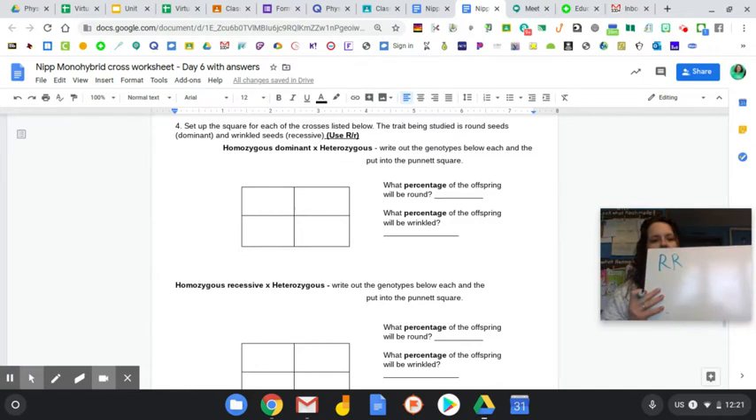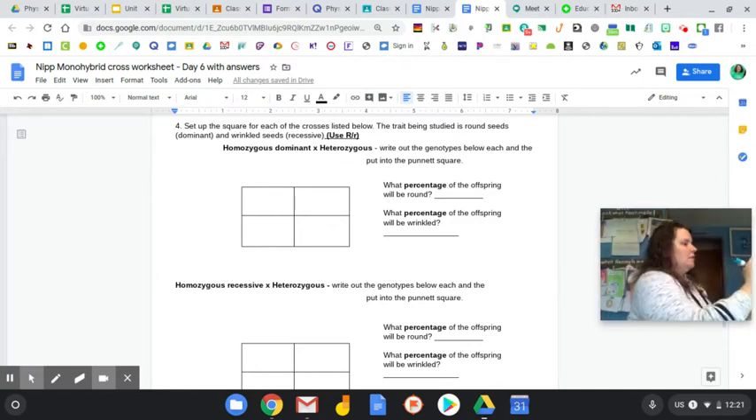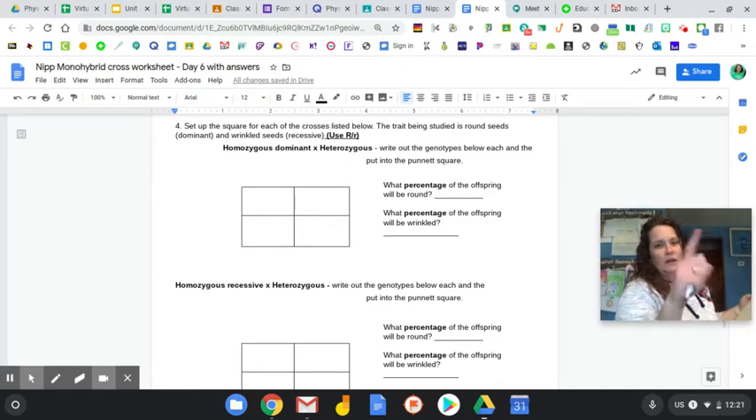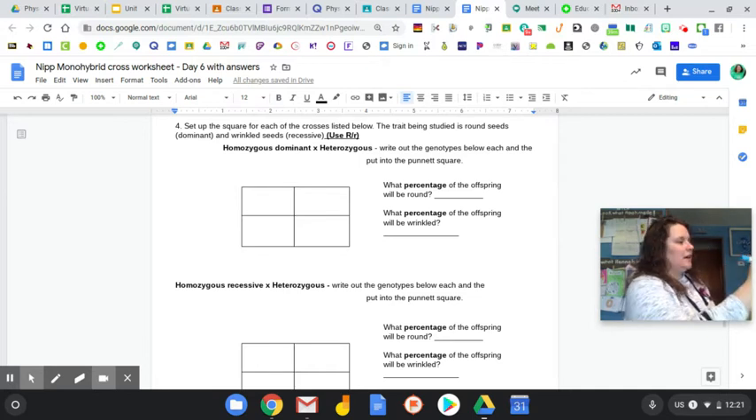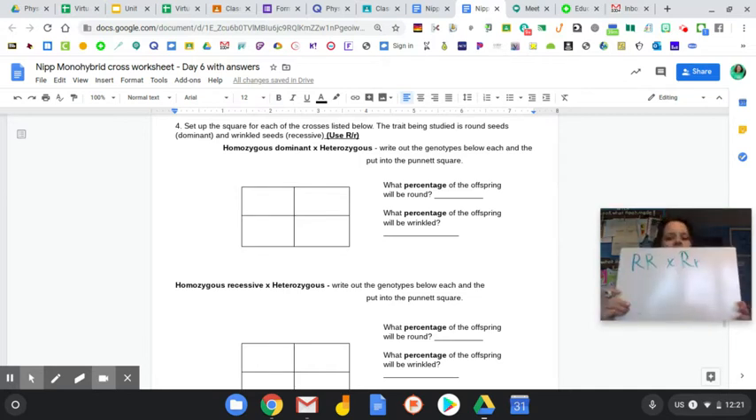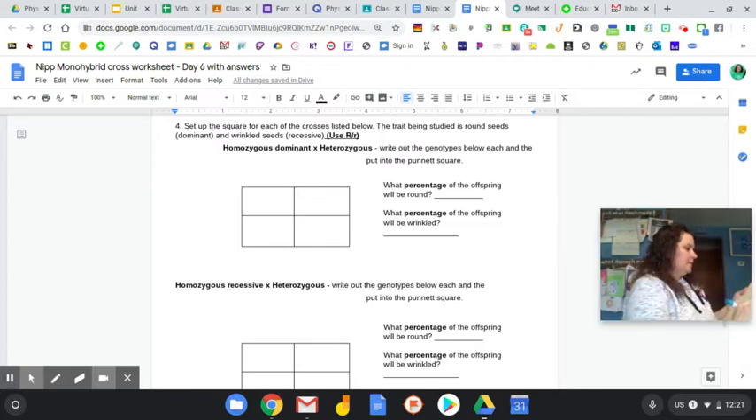So that would be a big R, bigger, and it's crossed with heterozygous. Remember, heterozygous means different size letters. We're using R's. So then this is going to be the cross. If you plug that into the Punnett square,